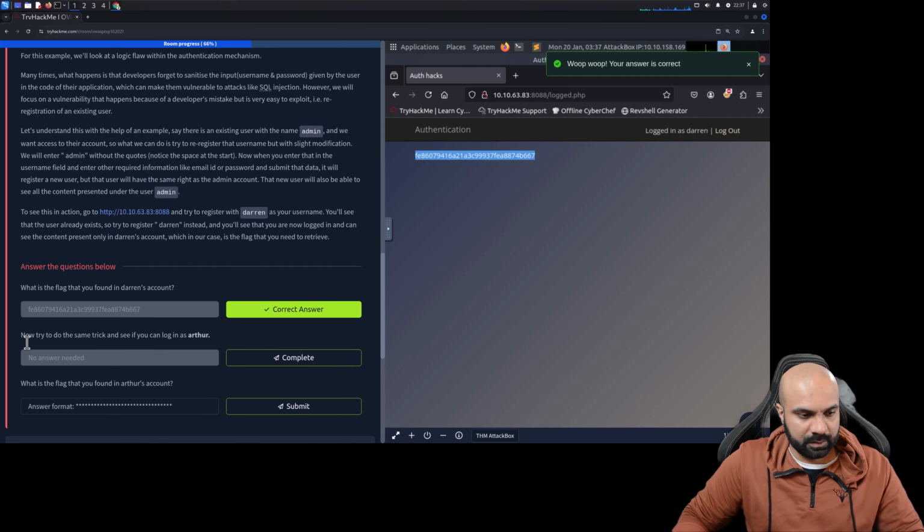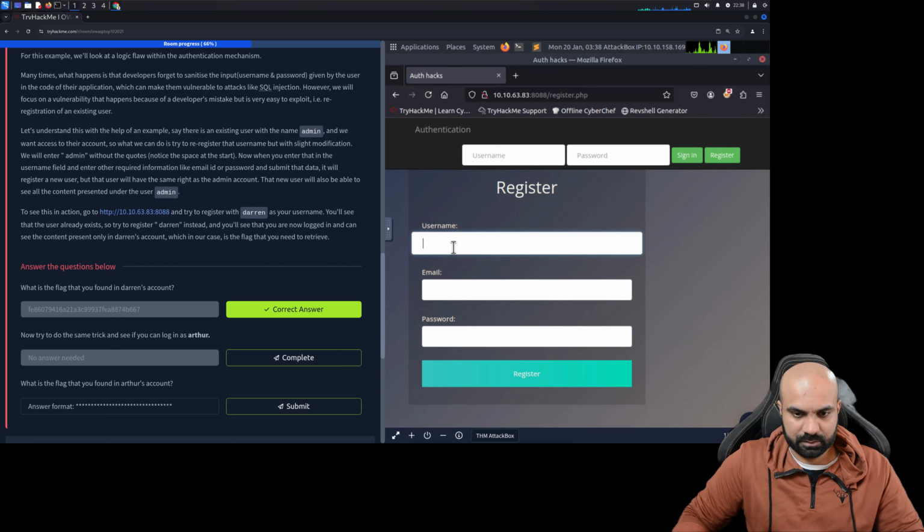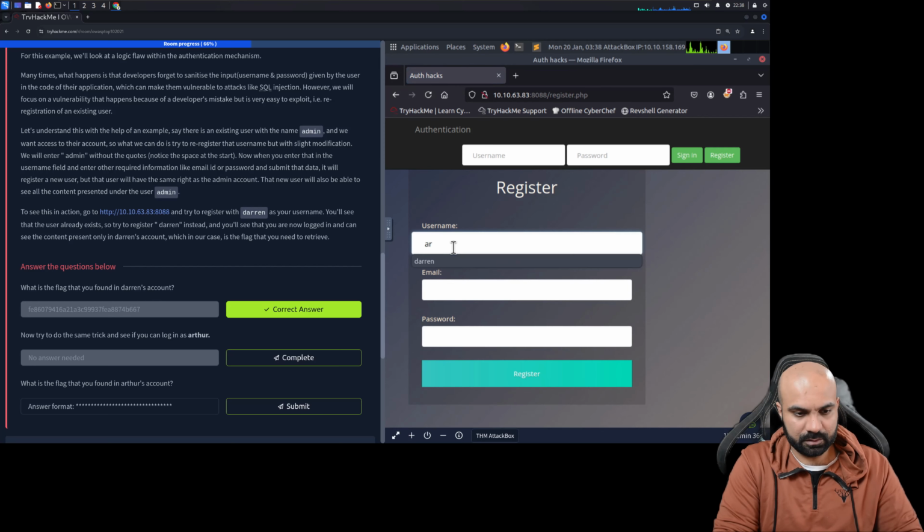Awesome. Now try to do the same trick and see if you can log in as Arthur. All right. ARTHUR. So basically what they are trying to do is email